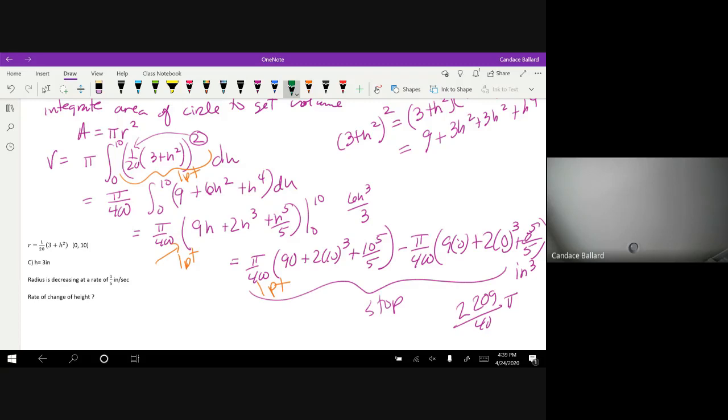Okay. So the funnel contains a liquid that is draining from the bottom. At the instant when the height of the liquid is 3 inches, so we know just at that instant, we can't put that in any sooner than the very last part of the problem. At the instant when the height of the liquid is 3 inches, the radius of the surface of the liquid is decreasing at a rate of